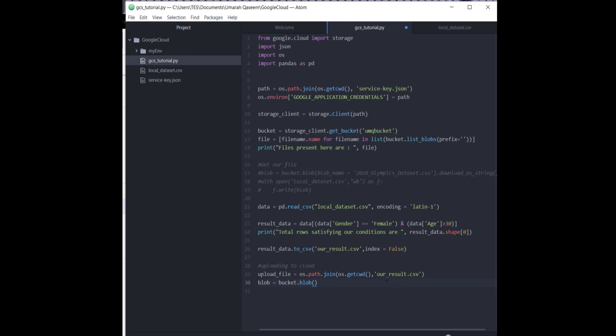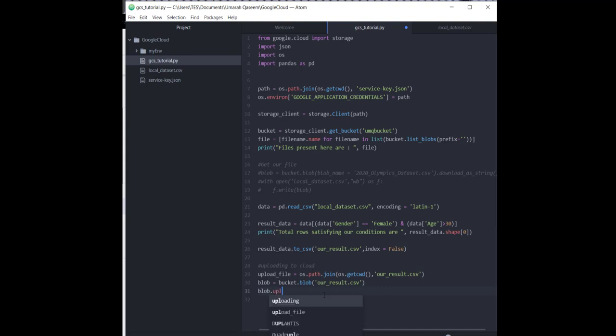So basically this is the file on our local machine, and whatever you write here will be the name of the file which will be uploaded to the cloud, right? They both can be same or not, it's your choice. So I'm going to keep it same, our_result.csv,